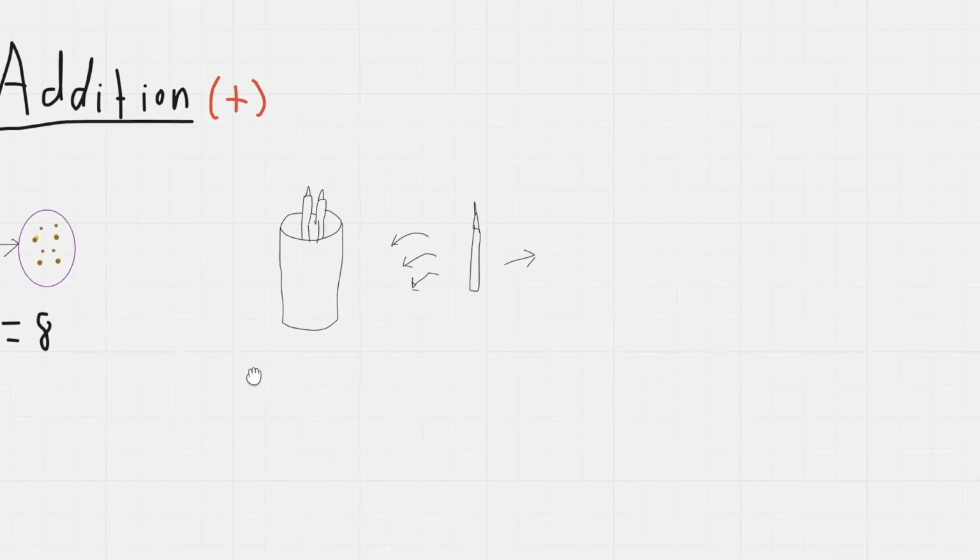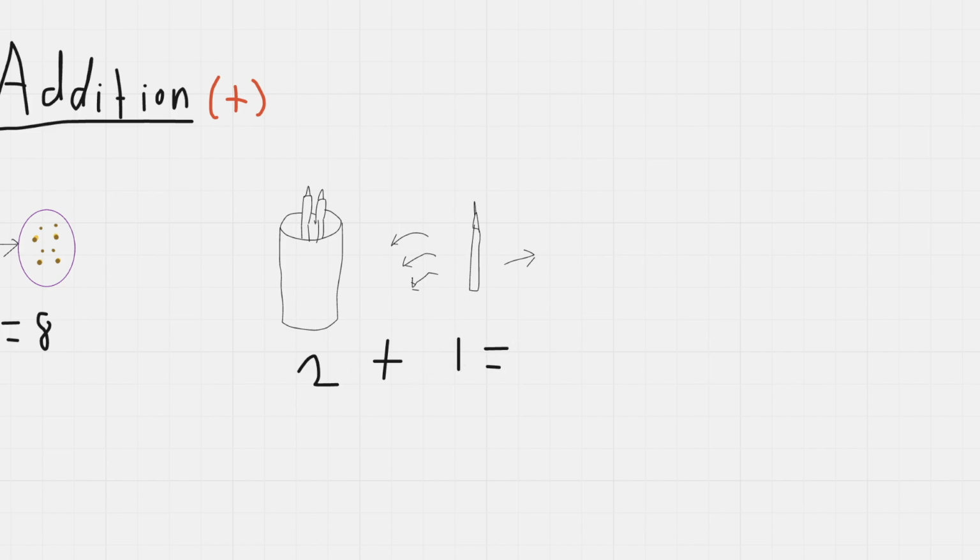Let's see another example right here. So we have a container with 2 pencils inside, and we combine 1 more pencil inside this container. How many pencils are in this container in total? So first let's write this out like we did here. So there's 2 pencils already present, so 2. We're combining a pencil in, so we're adding 1 pencil. 2 plus 1 equals, so how many total number of pencils